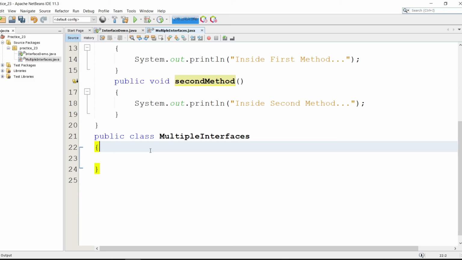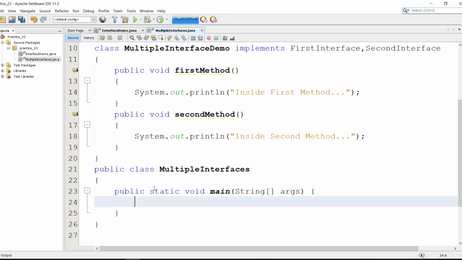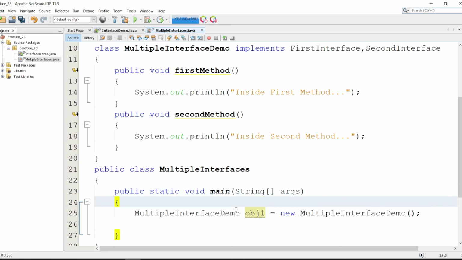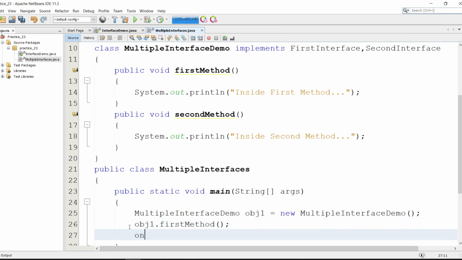So inside the main method we create the object: MultipleInterfaceDemo obj1 equals new MultipleInterfaceDemo. Now we can simply access the methods using obj1.firstMethod and obj1.secondMethod.